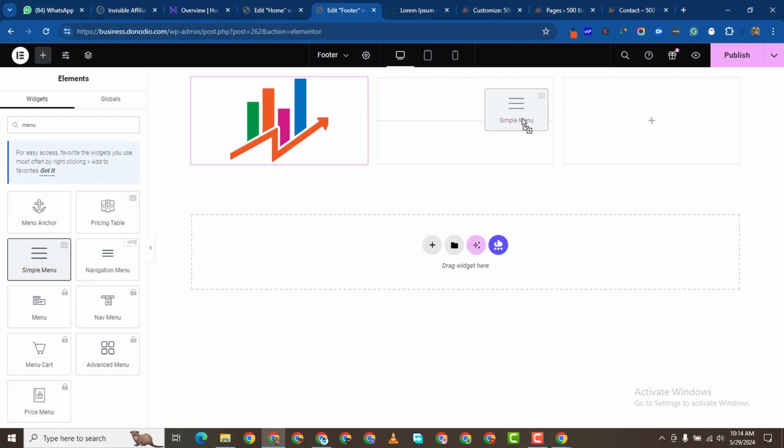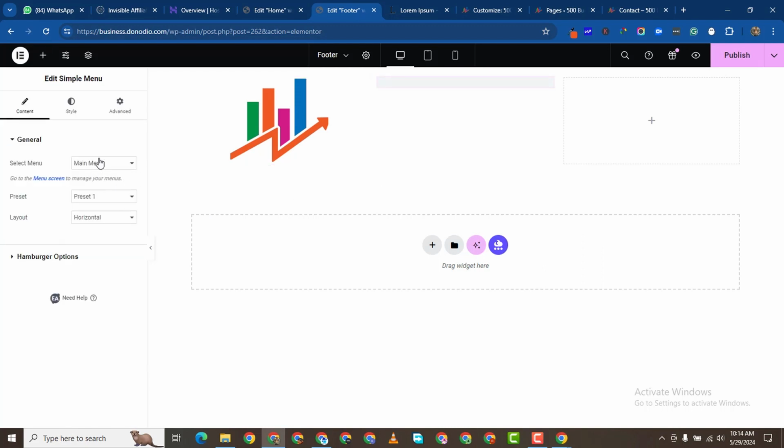Okay, if we had another navigation menu which we had created, we can put it here, but we are going to use the same one. Now you see it is